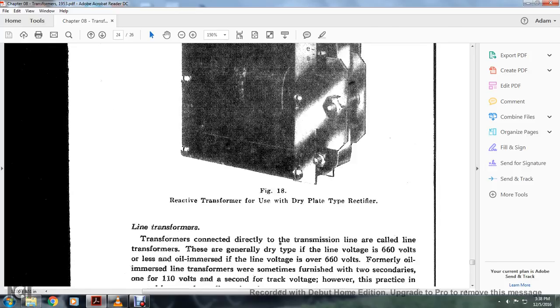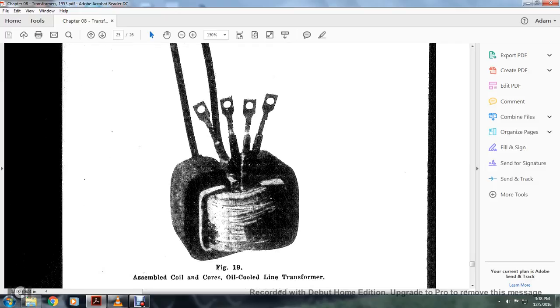Line transformers. Transformers connected directly with the transmission line are called line transformers. Generally the dry type is used where line voltage is 660 volts or less, and oil immersed for line voltage over 600 volts. Formerly, oil immersed line transformers were sometimes furnished with two secondaries, one of 110 volts and the second for the track voltage. However, the practice is, and this shows in figure 19, assembled core and oil cooled line